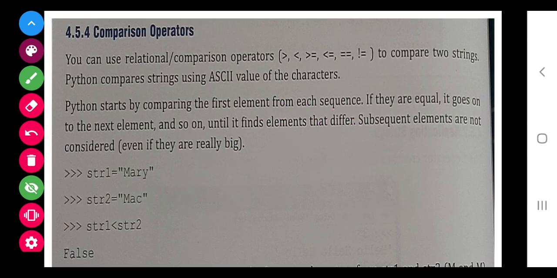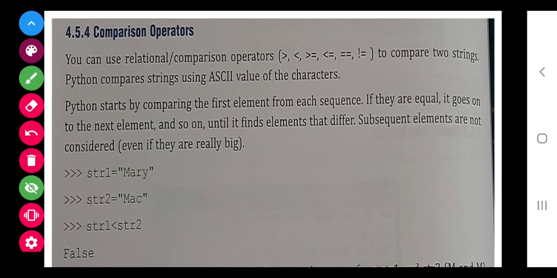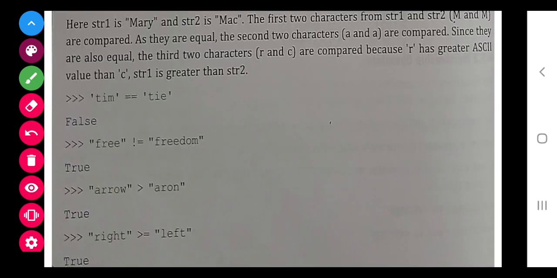Small a to z is 97 to 122, and capital A to Z is 65 to 90. So here it is small. So R and C when compared, C is obviously smaller than R in that case. So it is compared. Now you can see the next.